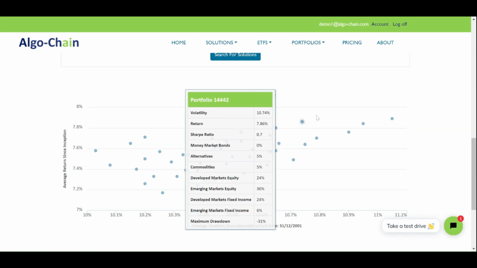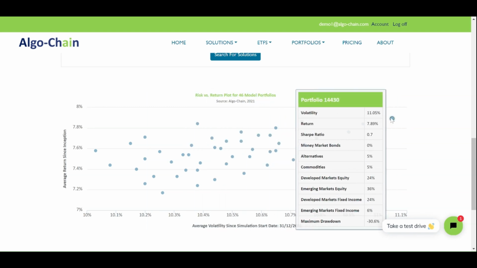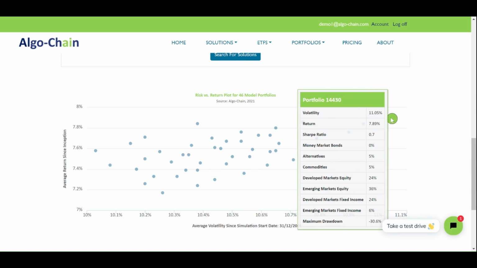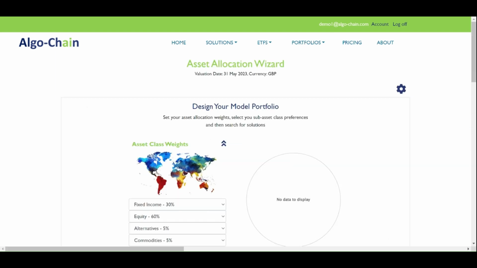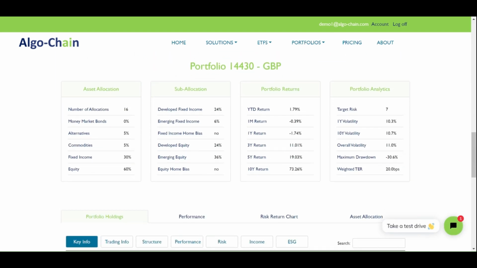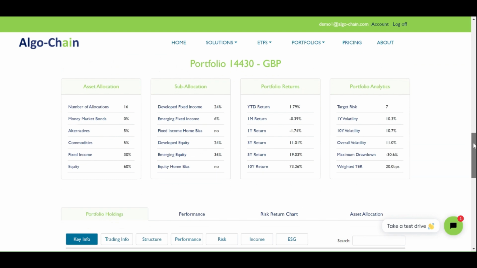If I hover over a portfolio, I can see some more stats for it, like its asset allocation, return, volatility and maximum drawdown over the more than 20-year period. These stats are based on a simulation of the portfolios assuming fixed weights and rebalancing back to these weights on a monthly basis. If I like the portfolio, I can click on that portfolio and it will fetch the details